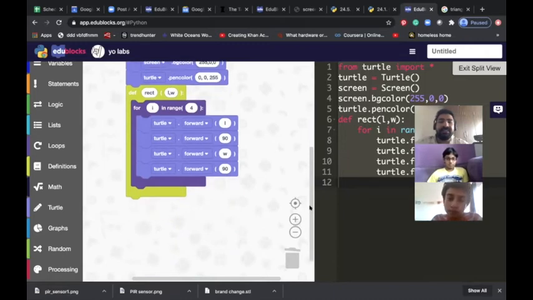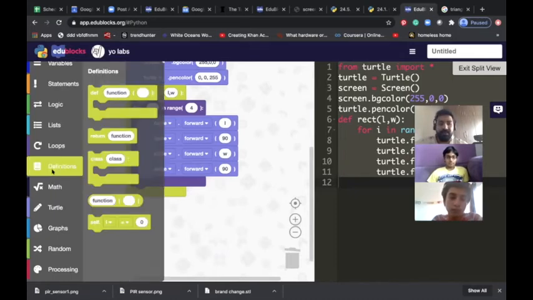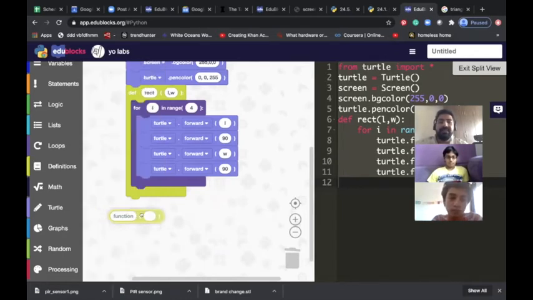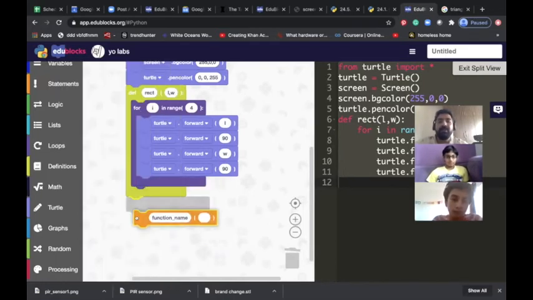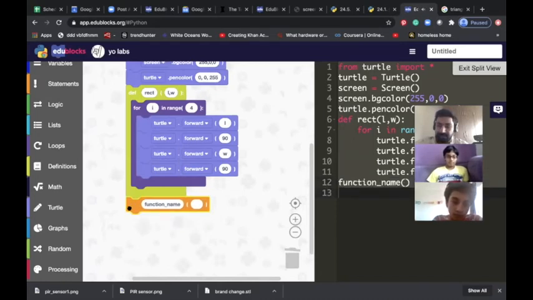If this is done and this is rectangle, in future what I have to do is just call this and say, okay, can you do this for me? So I call a function and say, can you do this thing for me? It will do that by itself, right? So I'll just put my function name here. And what is the function name? The function name is rectangle.